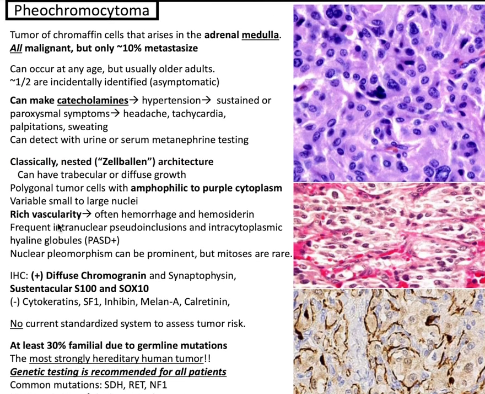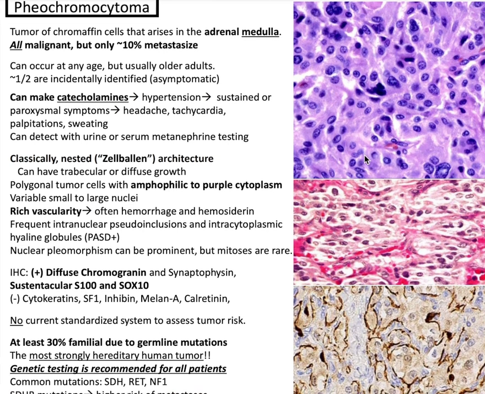Architecturally, you'll classically have a nested or Zellballen architecture, and it can have trabecular or diffuse growth. Cytologically, you'll have polygonal tumor cells with amphophilic to purple cytoplasm with variable small to large nuclei. There is rich vascularity, often with hemorrhage and hemosiderin. You'll see frequent intranuclear pseudoinclusions and intracytoplasmic hyaline globules that are PASD positive. Nuclear pleomorphism can be prominent, but